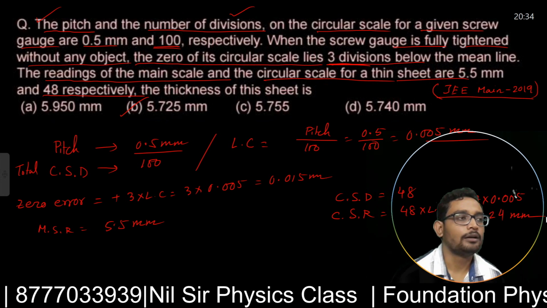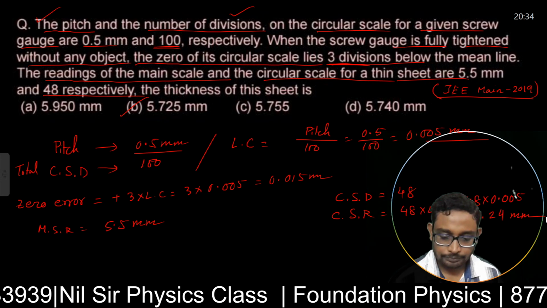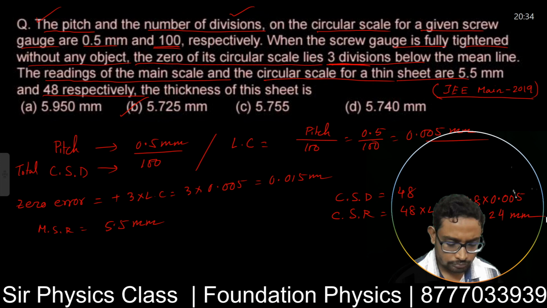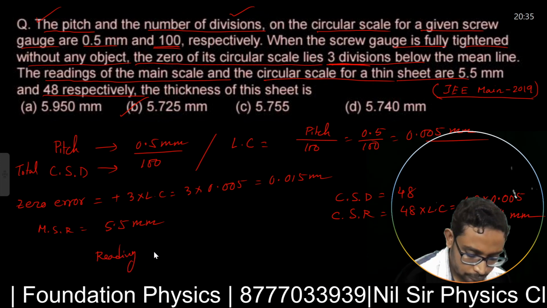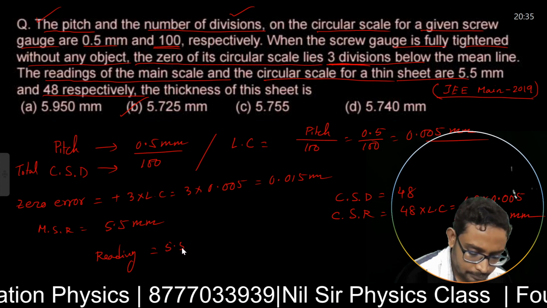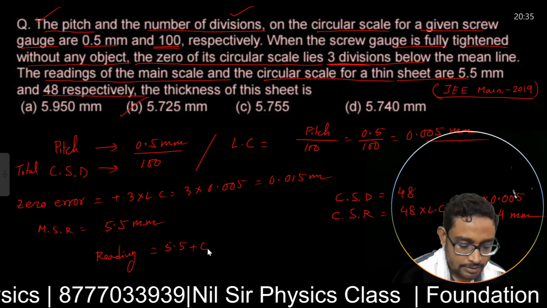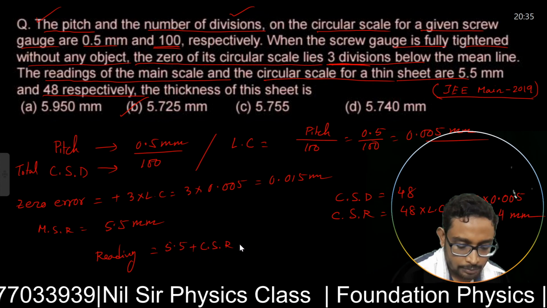Right? Okay. Now, what is the reading? Main scale reading plus circular scale reading minus